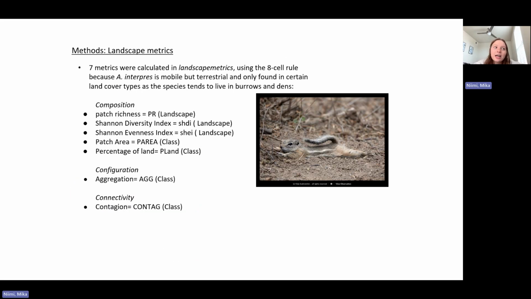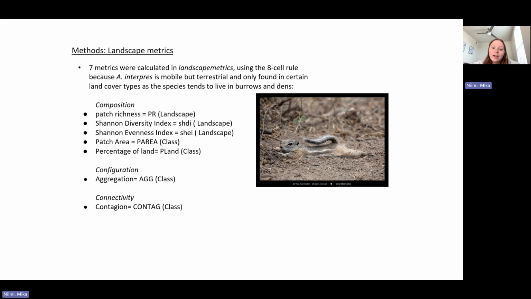For the landscape metrics, I chose 7 metrics. I used an 8-cell rule because A. interpres is mobile but terrestrial and only found in certain land cover types, as the species tend to live in burrows and dens. They typically live in shrubland, anywhere there are rocks or bushes, somewhere they can really hide. For the 3 C's, the first one, composition, I chose patch richness, Shannon diversity index, Shannon evenness index,